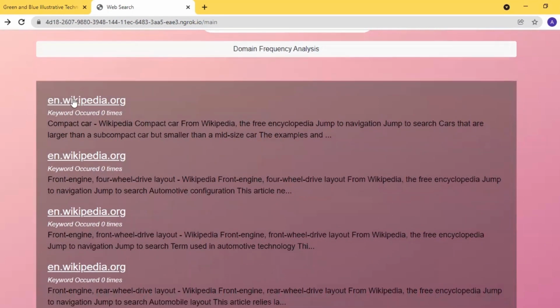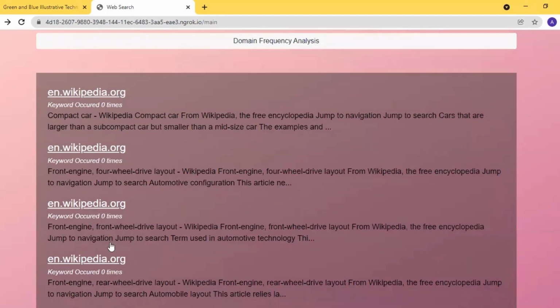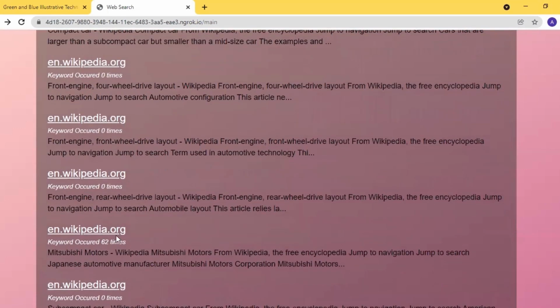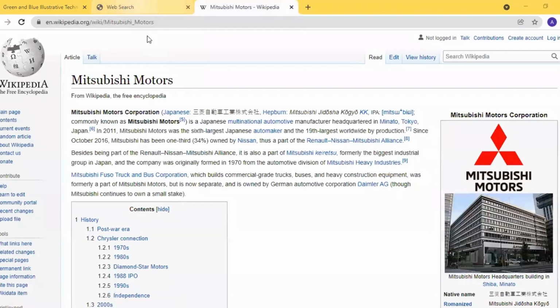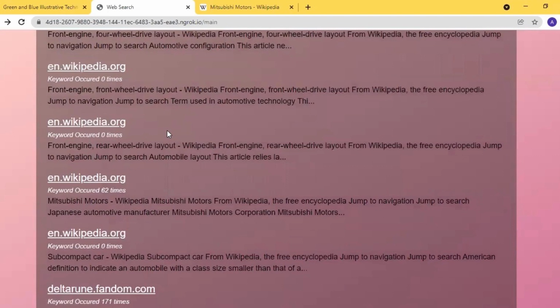This is the domain name. This is the number of times the keyword is occurring in the URL, and here are the first 200 characters of the results in the URL. Every URL here is working. You can actually redirect to the result we're getting, and this has all been sorted in alphabetical order